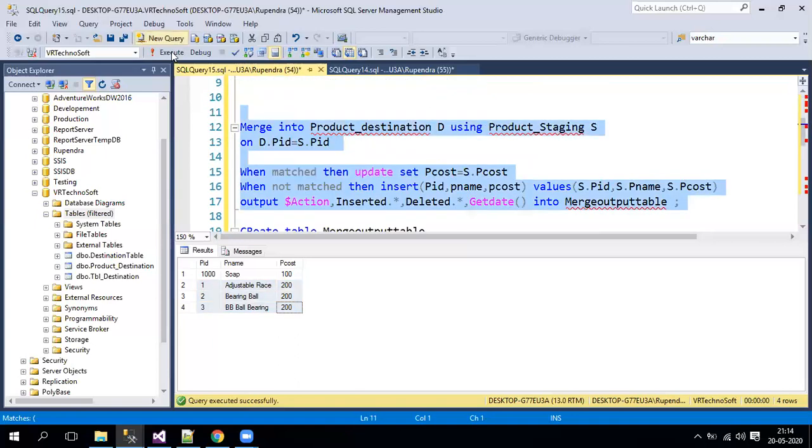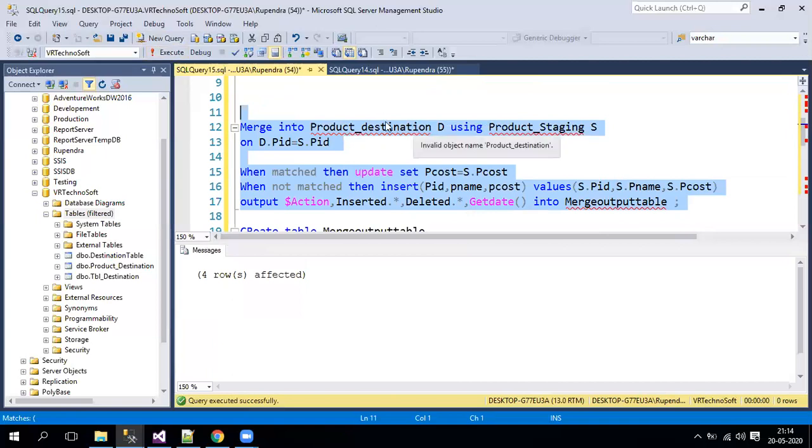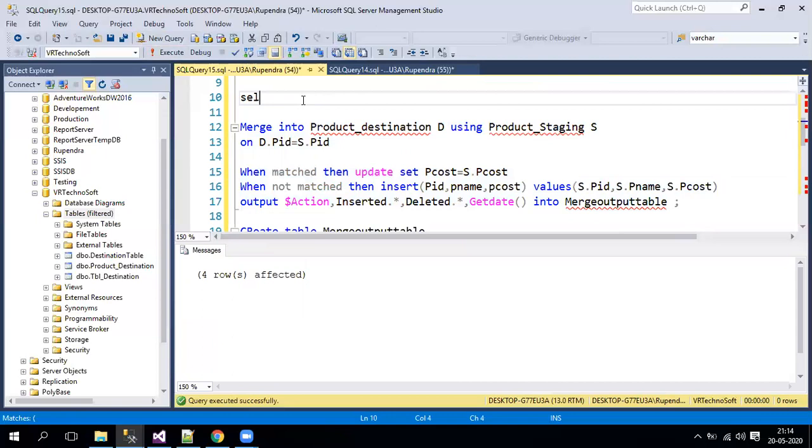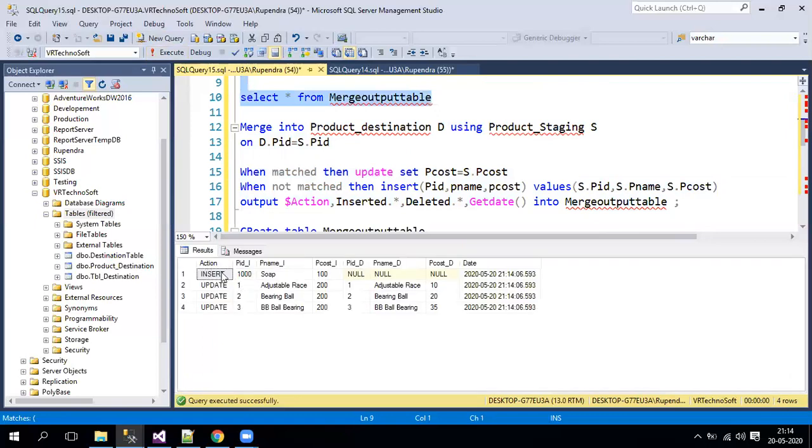Now I'm performing a merge, and we'll go and see in the table whether we are able to get this data. Now you can see a new record has been inserted. When it is inserting, it will be there only in inserted, not in deleted; for deleted it just keeps nulls.